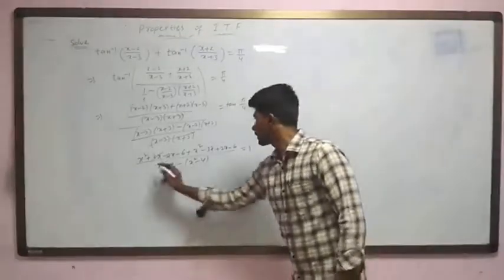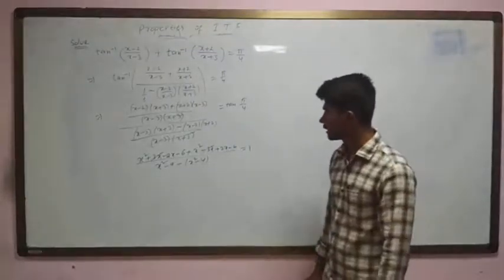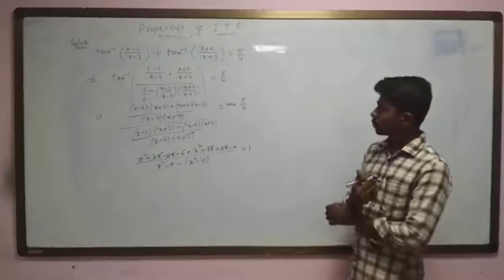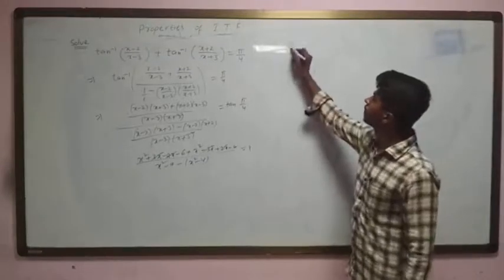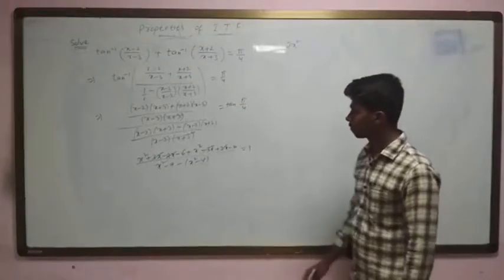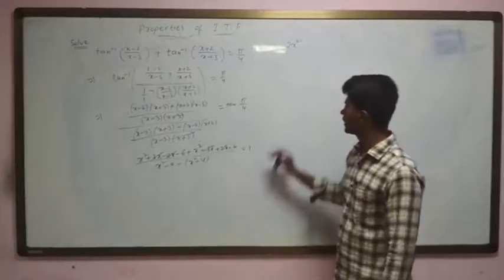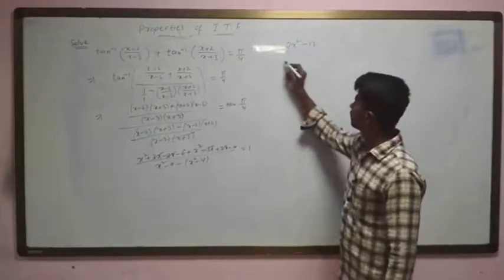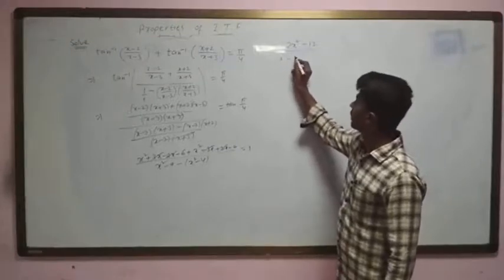Next, plus 3x minus 3x gets cancelled, minus 2x plus 2x gets cancelled, x square plus x square, 2x square minus 12, by x square minus 9